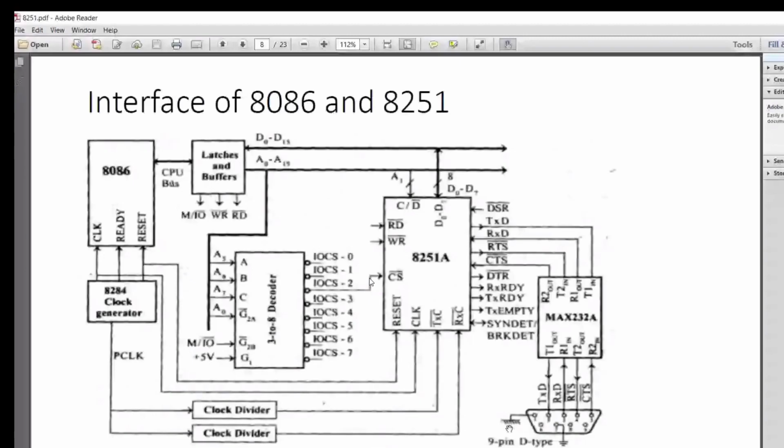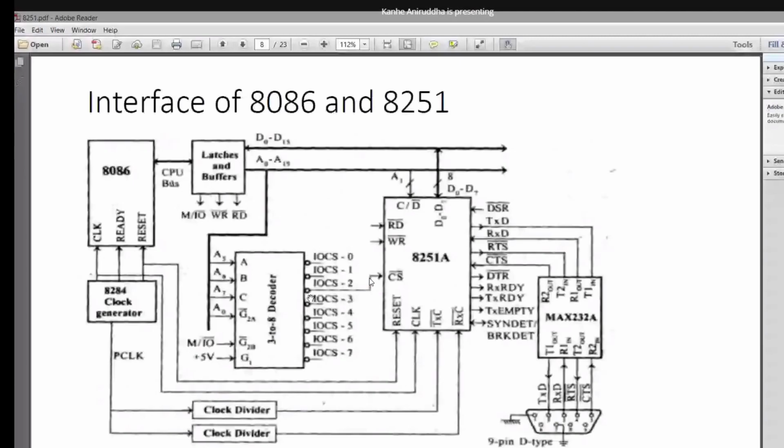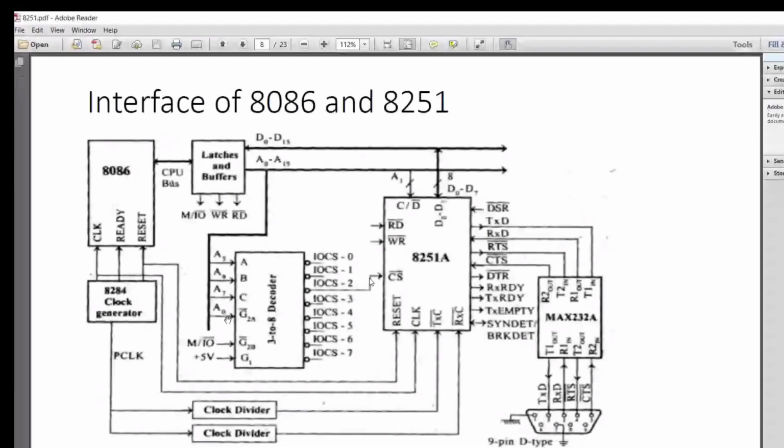Now we have a decoder circuit. What is the need for a decoder circuit? This is for giving chip select lines for several IOs. Of that, a particular combination can be taken. In this particular hardware connection, we are taking A7, A6, and A5. These combinations are taken for generating the chip select. So depending on these three lines, A5, A6, and A7, a 3-to-8 decoder, 8 select lines are available. One of the output lines is given to select this one, 8251.